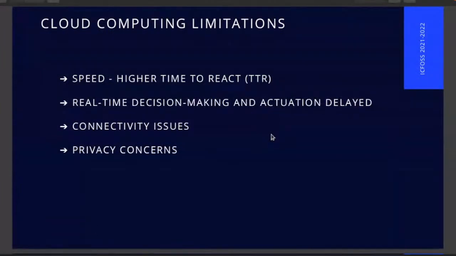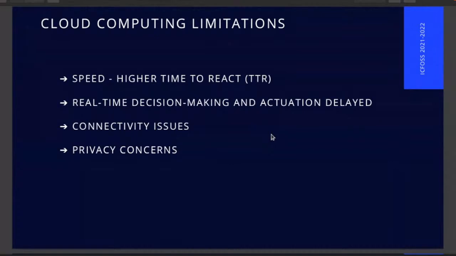If you need to make any decision in your device, you need to send the data to your cloud, then get the data back from the cloud to the device. Only then is the complete cycle completed for taking a decision. So in that case the actuation is delayed, and it may cause some applications not to work correctly.